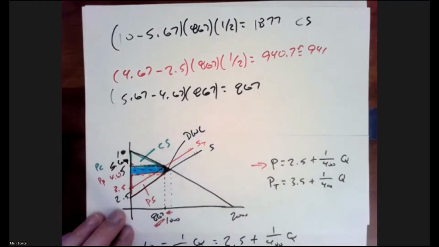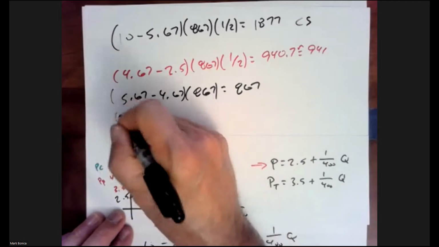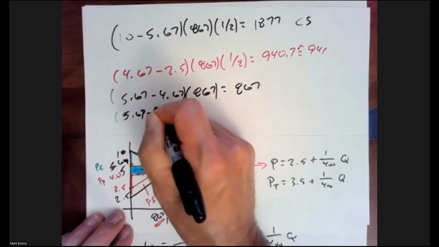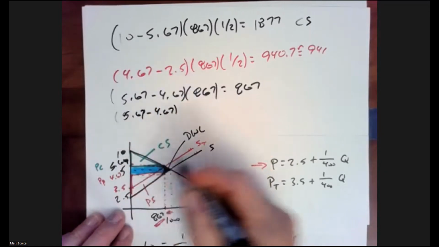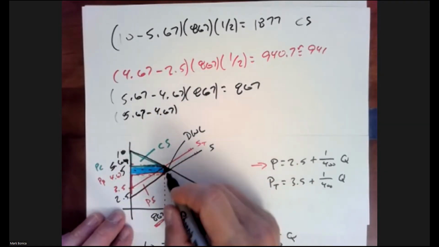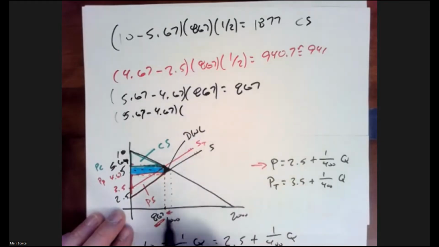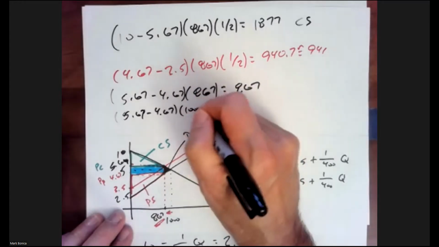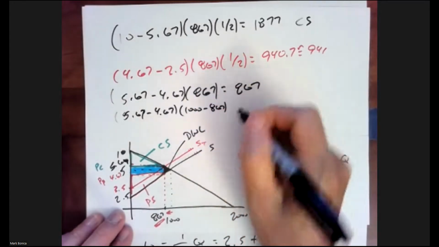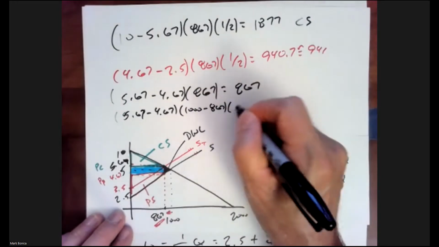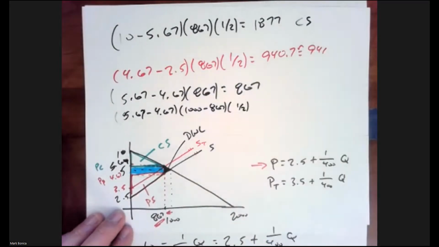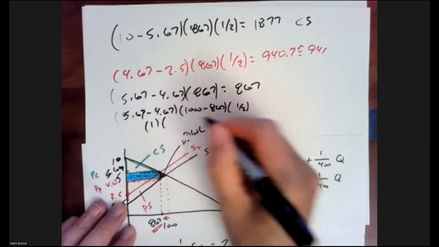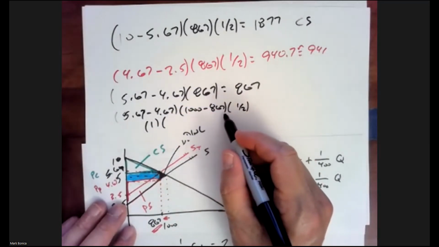Okay, and what's the area of that? Well, it's one half base times height, right? It's the height. It's 5.67 minus 4.67. That's the height. Its base, the width, is 1,000 minus 867. So it's that wide times 1/2. So it is one high times 1,000 minus 867 is